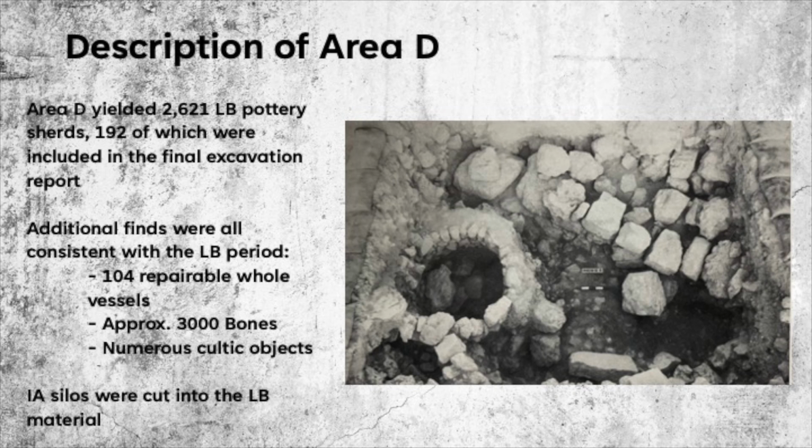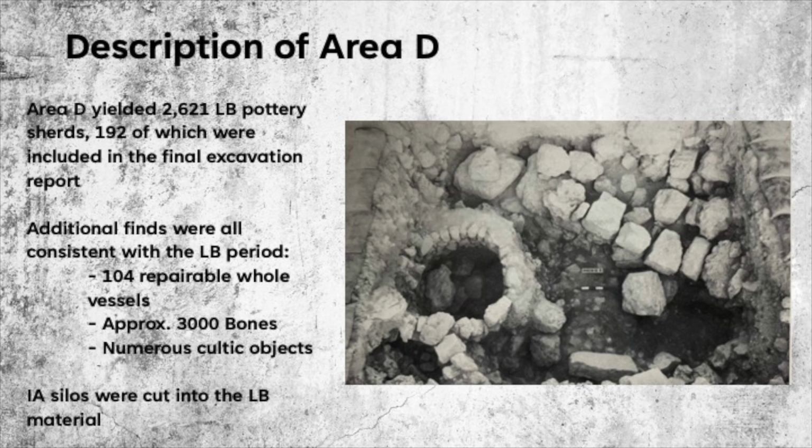And one could argue that this material was cleared off or was deposited here in a latter period, which was actually Finkelstein's assessment. But the presence of these Iron Age silos being cut into this late bronze material lends itself to the fact that this late bronze material must have been there first. Our assessment, ABR's assessment, is that the favisa was actually formed in the late bronze period, as opposed to a latter period clearing out the material, since the presence of these Iron Age silos were there.